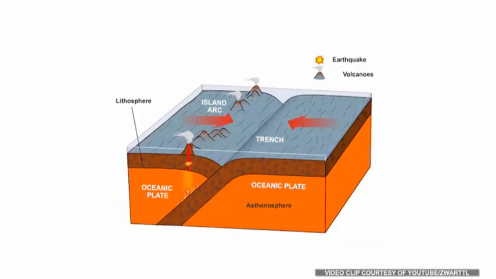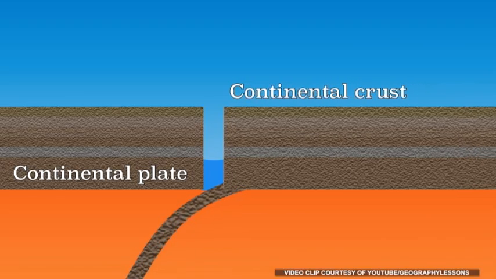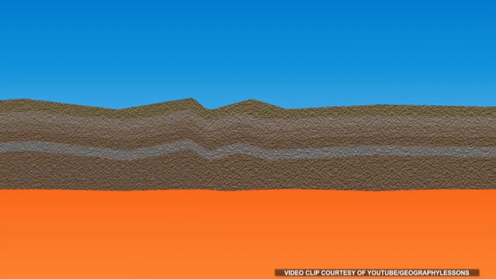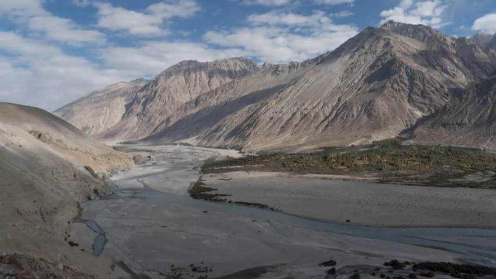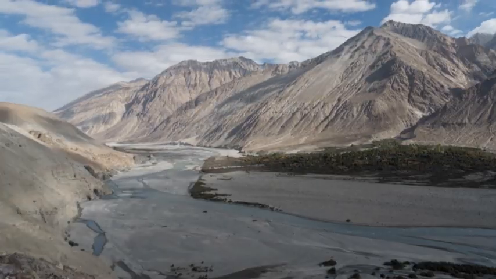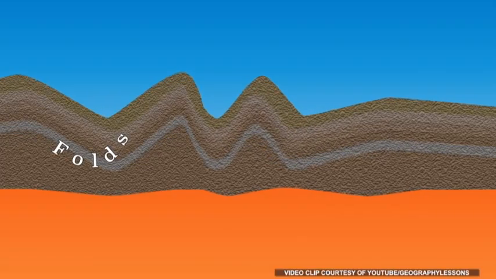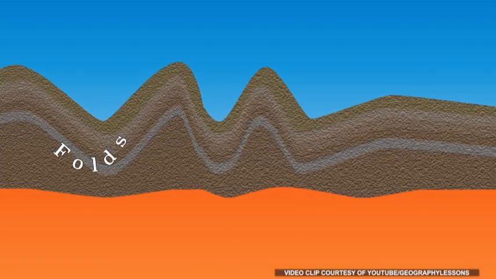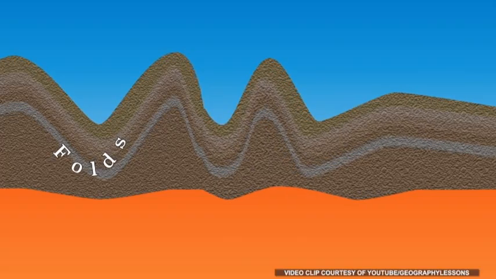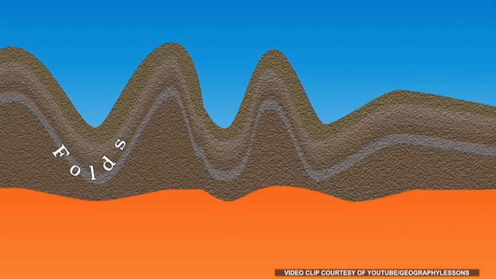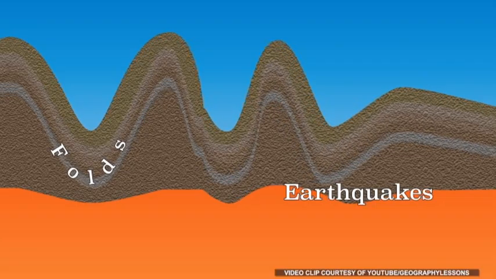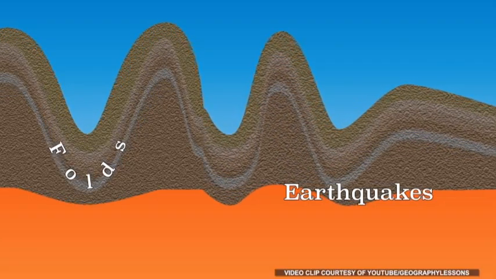An island arc is a curved chain of oceanic islands, while a trench is the deepest part of an ocean. When 2 continental plates collide, a mountain range is formed. This is why we have the Himalayas, the world-famous mountain range in India. It formed when the Indian plate collided with the Eurasian plate. The collision process in convergent boundaries leads to compression, pushing rocks together on the Earth's crust. This is why earthquakes are at their strongest in convergent boundaries, and the Philippines is on one.